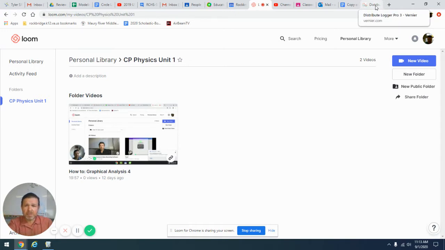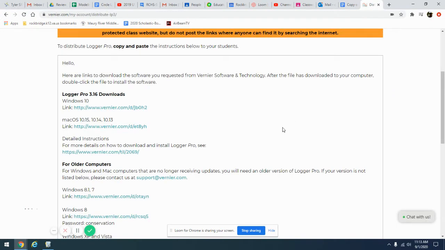So this is a good option if you have a computer, especially if you are going to be taking that with you. Also, this LoggerPro version compared to Graphical Analysis 4 has more features. There's more bells and whistles and tricks you can do. All right, so first thing you need to do is